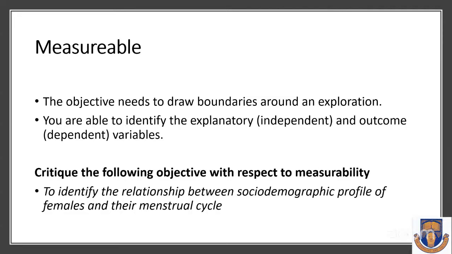This study is completely vague. I'm lost about the methodology of this person. Relationship could be association, it could be trend, it could be impact, it could be effect, it could be correlation, and many other things. So this is completely vague. I don't know what this person wants to measure. And many times when we're talking about quantitative, we don't identify. To identify means it's only you that can identify it. What we use is the word assess. Identify gives you, the researcher, the autonomy to determine whether you are sound or not. So we don't usually use the word identify, but that is the problem with this.